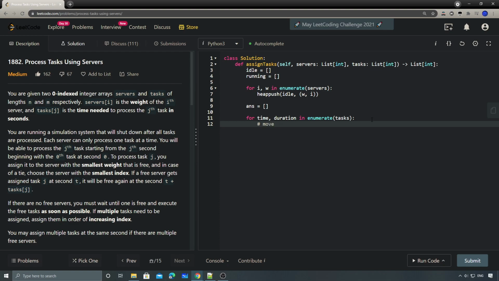So at the beginning, we basically move the servers that are free now from running to idle. Which means while running is not empty and running[0][0], since we're using a priority queue, the first one is always the one that ends the earliest, is less than or equal to the current time. So we have weight, and I think the time doesn't really matter, and then the server index. It's going to be a heap pop of running,